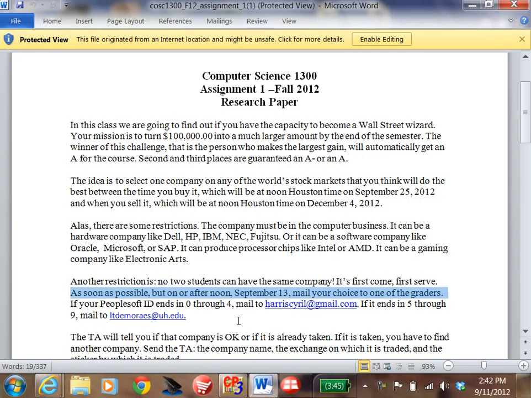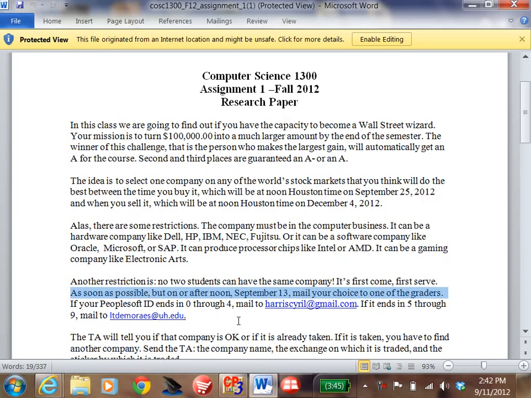So what's going to happen is they're not going to take it. If you email them a company before noon, September 13th, they're going to throw it away. It doesn't count. The opening bell, boom, is noon, September the 13th, email. Okay. Now,